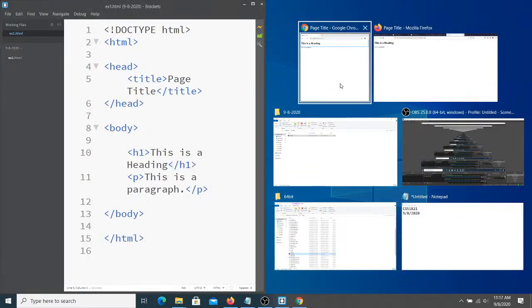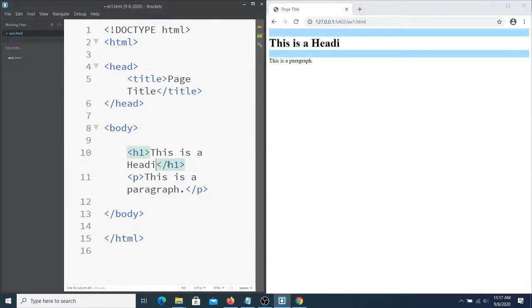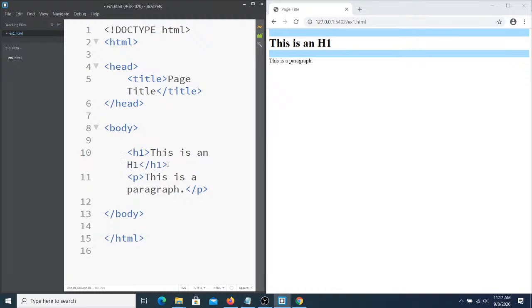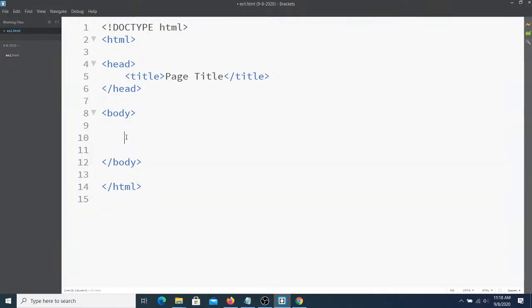So I'm going to put this right next to, so instead of this is a heading, we'll say this is an H1. Notice as I'm typing, it changes it. So it's nice. Otherwise, what you'd have to do is you'd have to click this refresh button constantly. Okay, so let's clear this out. Let's start with our H1. Okay, so H1, the purpose of that is that it could be the title of a